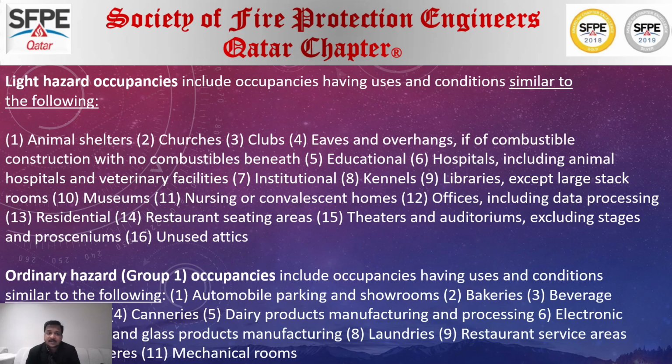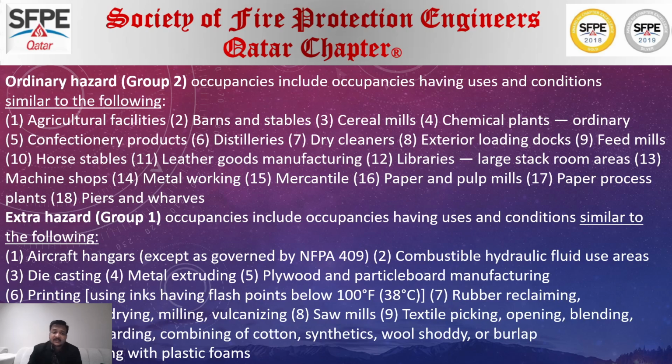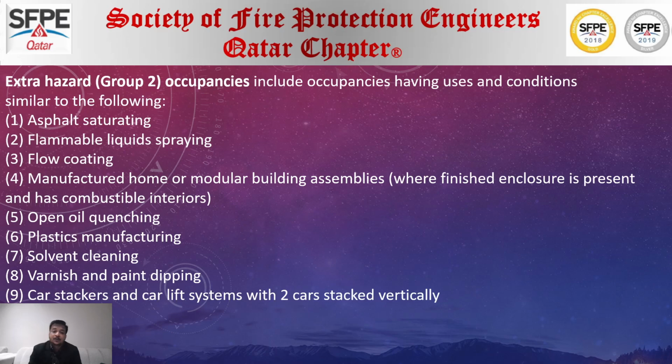If you see the examples, for light hazard: residential buildings, restaurant seating areas, nursing homes, institutional, which means prisons, and educational facilities. Ordinary hazard group 2: automobile parking and showrooms. But remember, the latest NFPA 13 edition classifies automobile parking garages into ordinary hazard group 2. There is an example given for extra hazard group 1 as well and extra hazard group 2 as well here. So you can go through this and determine what kind of hazard you want to design the